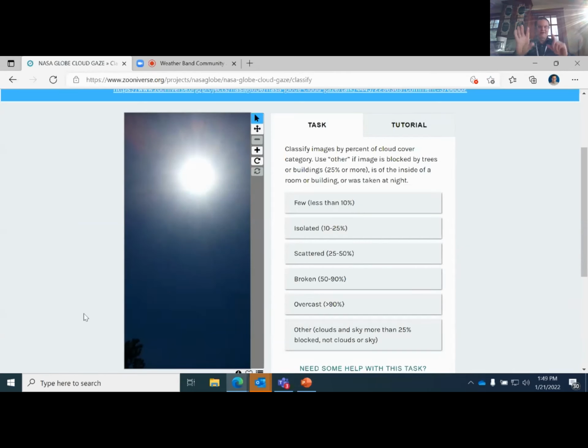It looks like we're looking directly at the sun, but in this case, we're thinking about cloud cover. So what do we see? In this case, I would say I don't see any clouds. So what I would do is think, okay, do I see few, isolated, scattered, broken? Is it overcast? Or is there other stuff? In other words, is there a big tree in the way and you can't really see? You can see the sky, but it's really just covered by a complete covering of